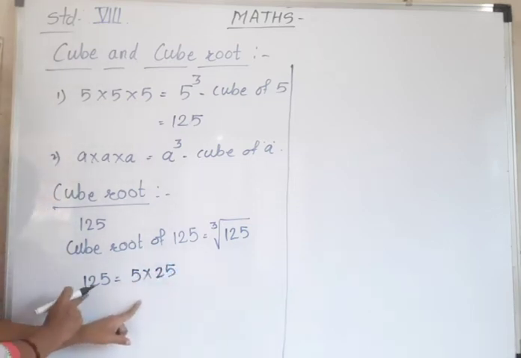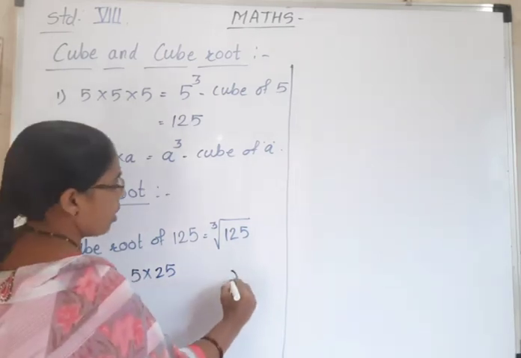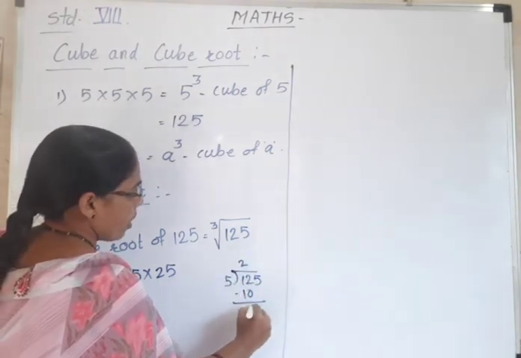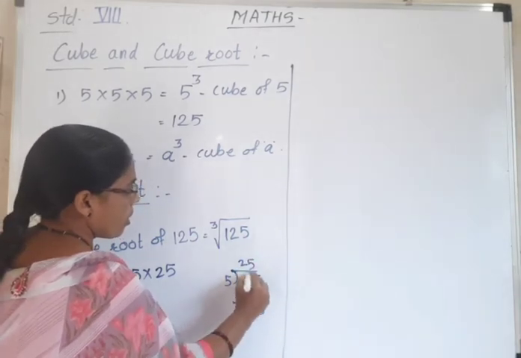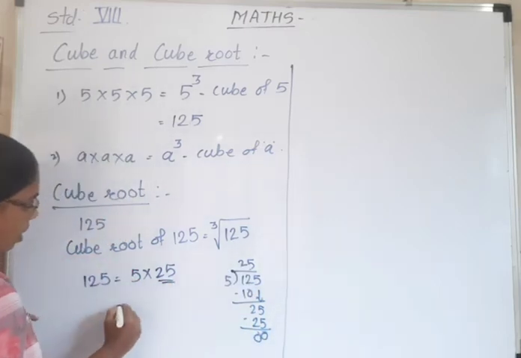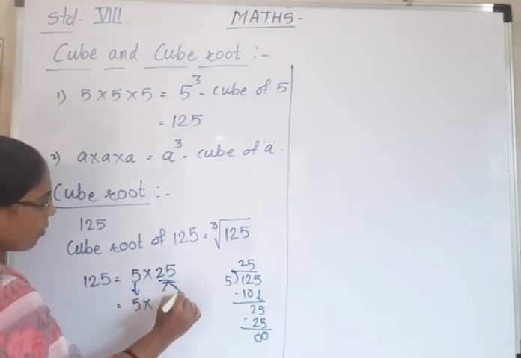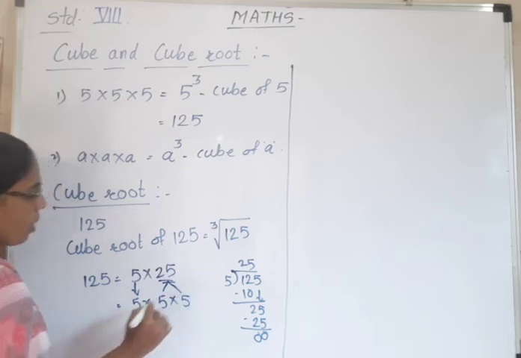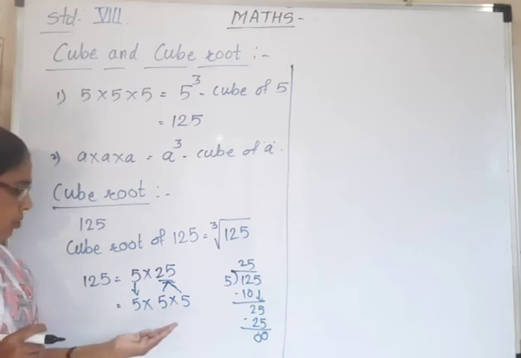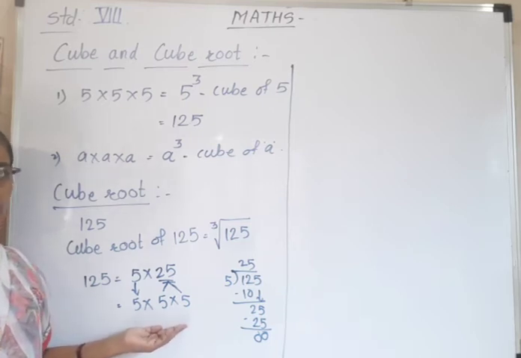If you are not understanding, then take this 125 divided by this 5. Here 5 2s are 10, 2 left, and here take 5. 5 5s are 25. So here you will get 25. This 25 I have written. Then it is equal to this 5, which is a prime number, into the factors of 25, again 5 into 5. Now 5 is a prime number, as we know. So we cannot find any more factors, because 5 itself is a prime number, and prime numbers have only 2 factors, 1 and the number itself.